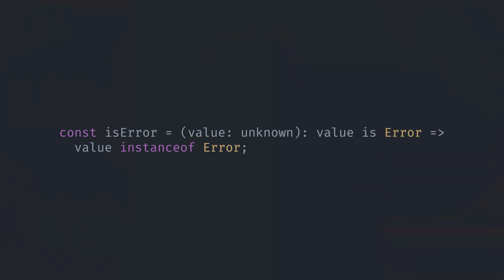Let's exercise our knowledge by converting all the checks in our formatErrorMessage function to custom guards. We already have a guard for strings. Now we need guards for warning, error, and false types. The guard for error is pretty straightforward. We just isolate the instanceof operator check in a function. But the warning guard, on the other hand, is not that simple.